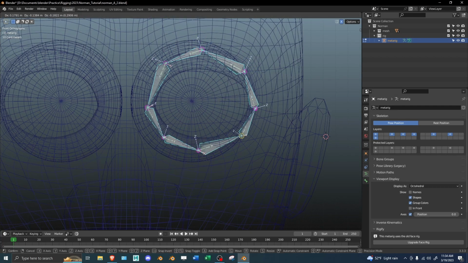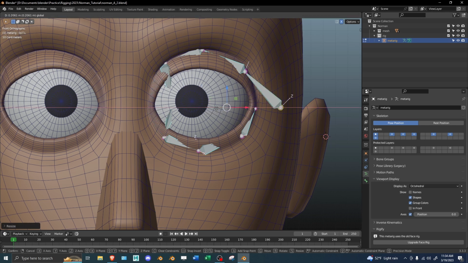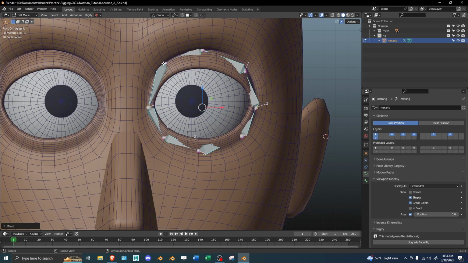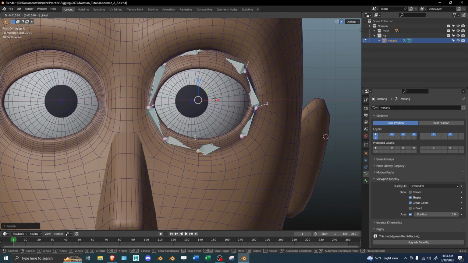So this is almost good. Now, a little other thing about rigging is your rig will never be completely perfect, so you don't need to stress and agonize so much over the perfect placement of every bone, but you want to make sure that they're good enough. I'm a little more fastidious, so I like to be more particular with my positioning, but as you can see, I'm trying to